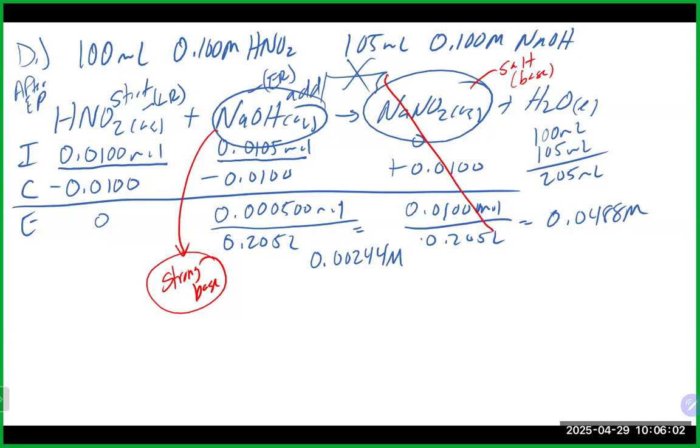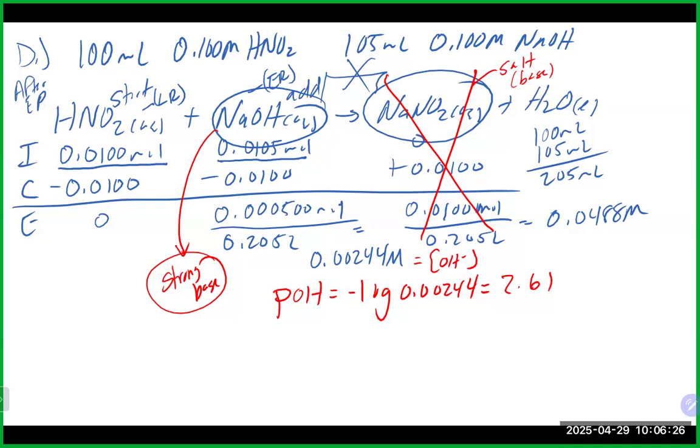So remember, in this point in the titration, we ignore the contribution of the salt. And that means that in this case, we really do have the hydroxide concentration. And that could then get us our pOH, minus the log of 0.00244. And that will get us 2.61, minus our 14 to get to our pH here. 11.39, which is definitely basic and what we would expect to happen, as at this point we're just dumping basically